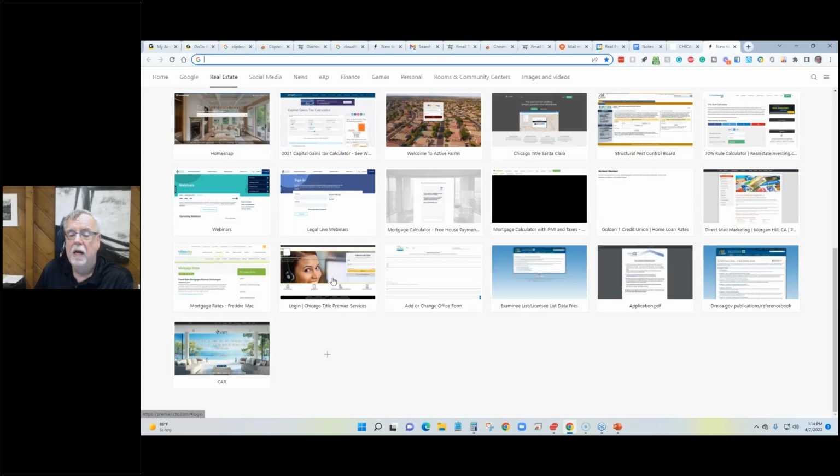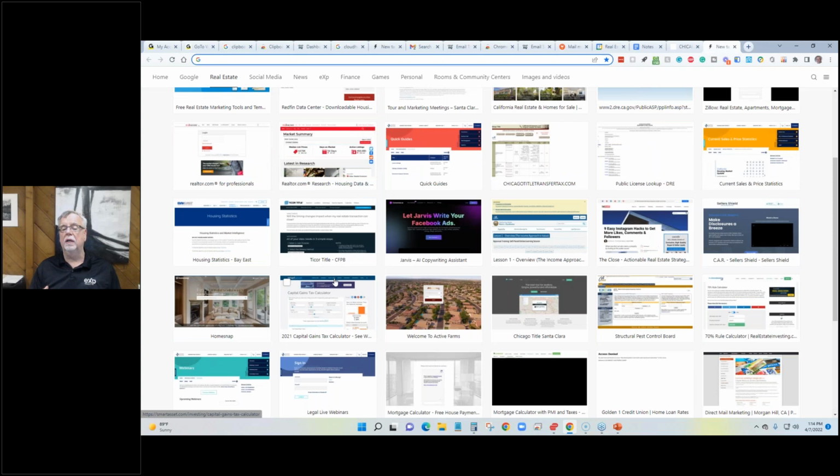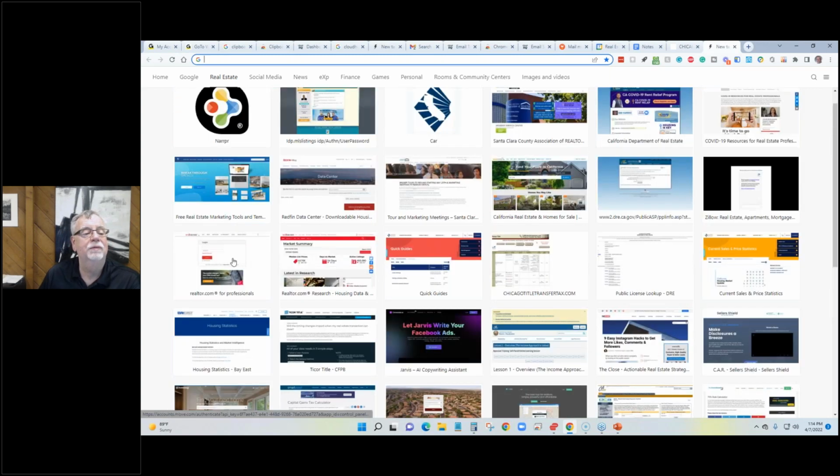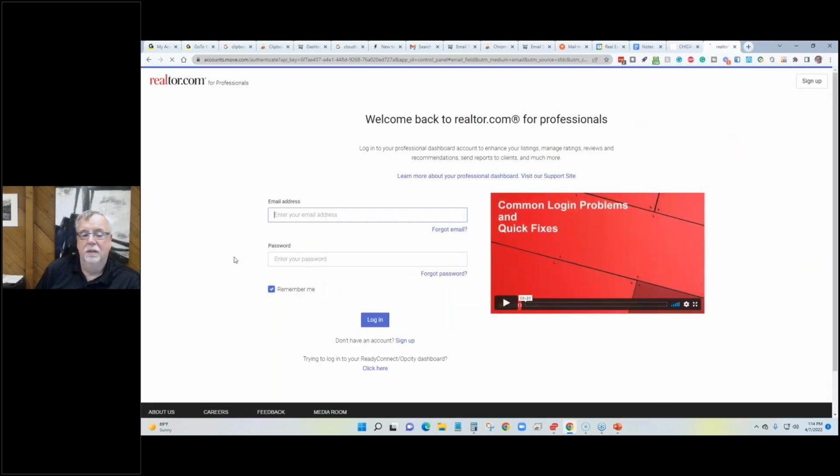Chicago Title Premium. I see agents struggling to find just the web page. They want me to help them with something, and they can't even find the web page that we're supposed to log in. Once you find the web page, the next thing you have to do is log in. Now, notice when I went to realtor.com for professionals, my email address